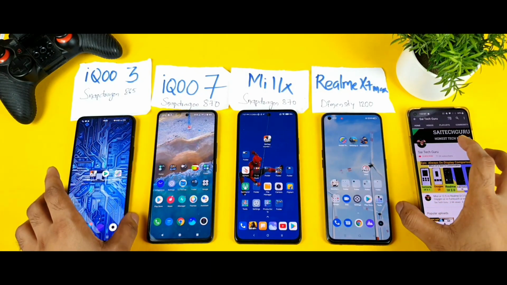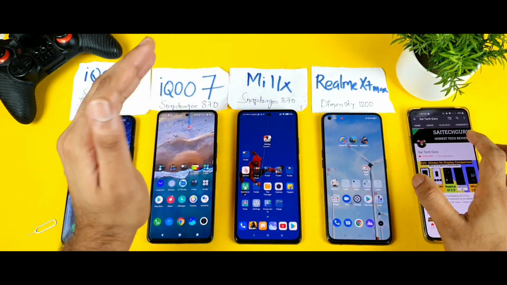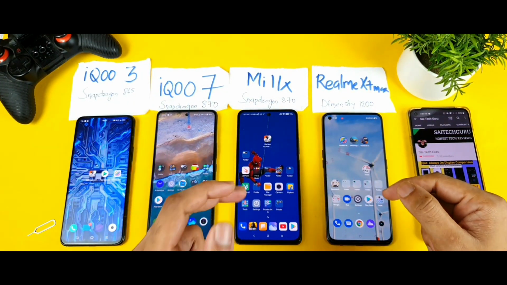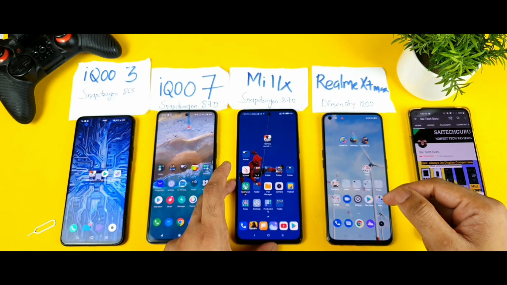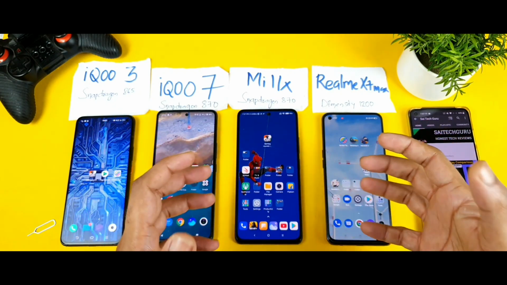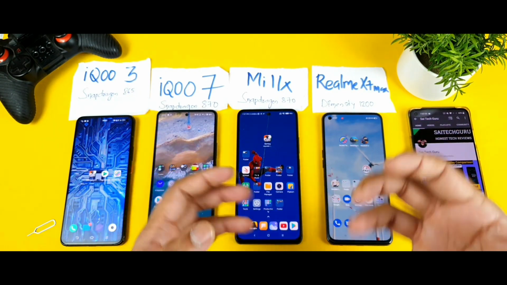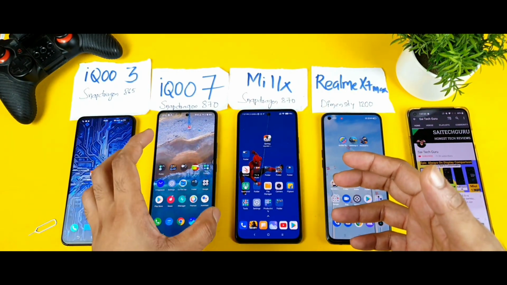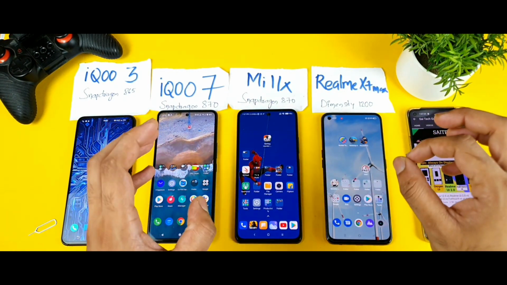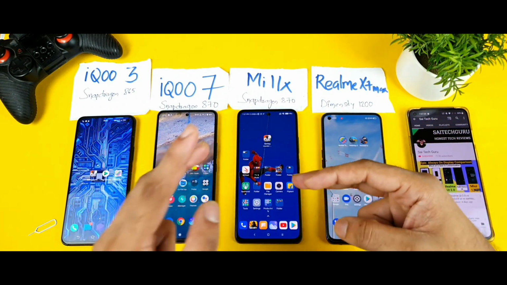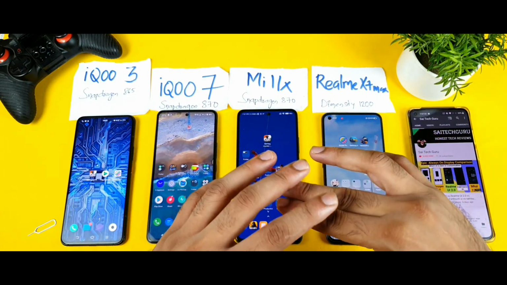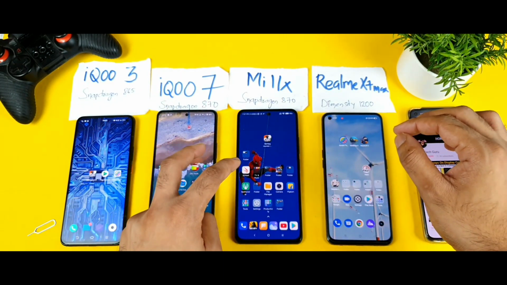So I think overall, friends, the green tint issue can be found mostly in the IQ7 device at this point, and later a little bit of green tint is there in the MI Linux device as well. So overall, in my experience and in my reviews and from uploading so many videos and getting so much feedback from customers and users, they did mention the IQ7 few units have got the green tint, even the MI Linux as well. These 2 phones definitely have the green tint. Only few units. I am not complaining about every unit. Only few units have this kind of green tint issue.